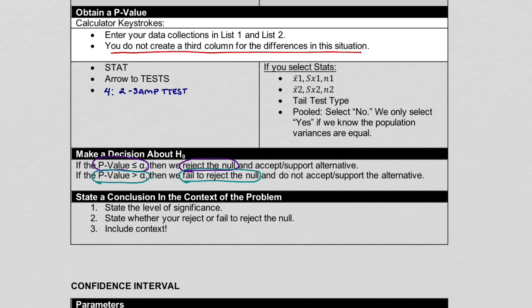Finally, now that you've made that general conclusion, we're going to go ahead and bring this into the context of the problem. So initially, what we will say is at whatever level of significance we're working with, we maybe reject the null. And if we reject the null, that means that we do have sufficient evidence to support the alternative, and then we would include that information as to what the alternative was. If you need a reminder, that's why you're going to go back to the definitions that you've outlined for your parameter, and if you don't remember the alternative, go back to how you defined your alternative hypothesis. On the other side, if we say we fail to reject the null, that means we do not have sufficient evidence to support the alternative, and then we would add the